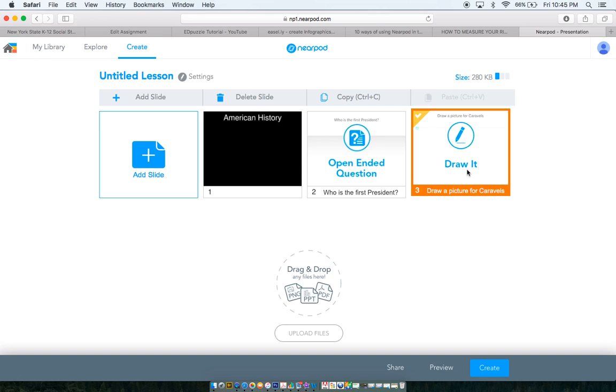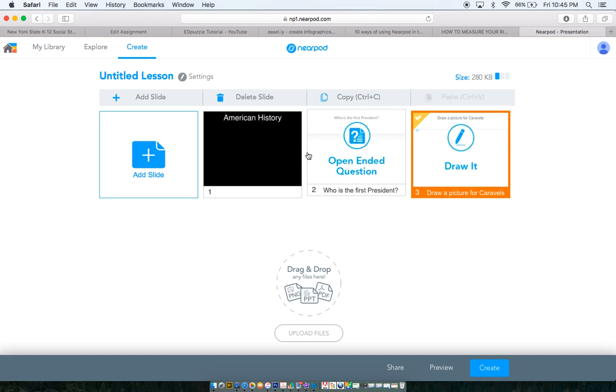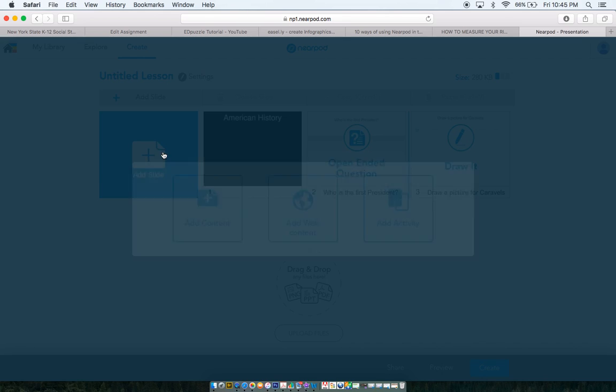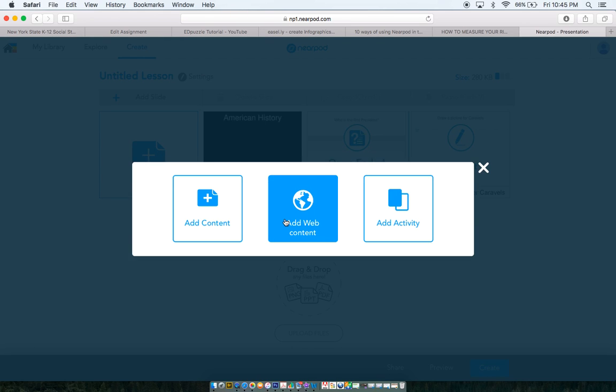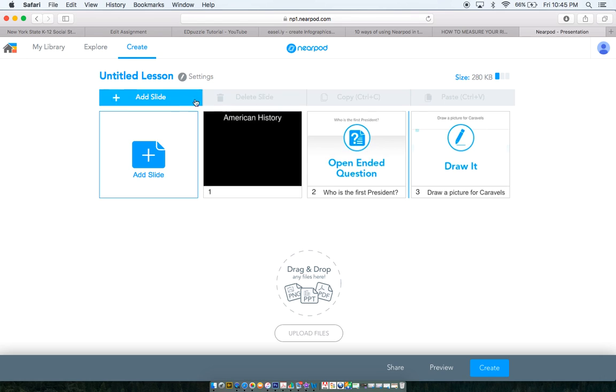Whenever the student on their iPad gets to that slide, they have that whiteboard. They have all these tools as far as colors and what kind of pens they want to use. And whenever they submit it, I can go through and see those pictures that they're submitting. As you can see, it's pretty user friendly. It's not that challenging as far as creating a slide, or sorry, a slideshow. I'm going to go through for a second